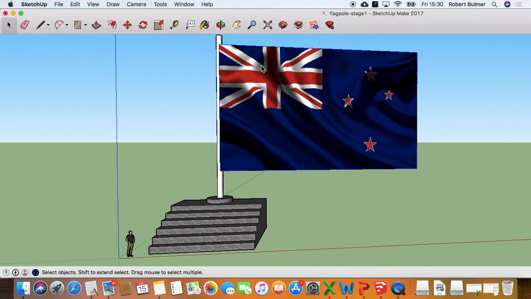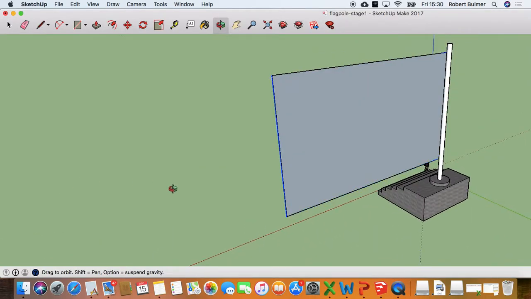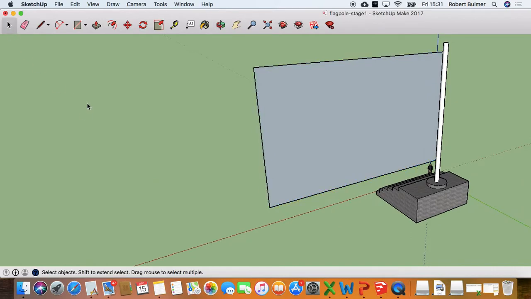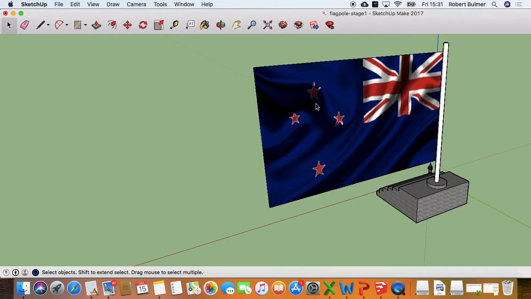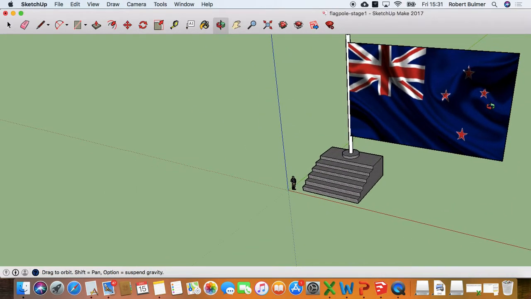Back on the select tool, and just to finish the flag off, I'm going to rotate this around, like so. Deselect everything, but click on the white square there in the background and press delete, and now I've got a flag on each side of the flagpole. What you might do is forget that you've got the flag selected, so always click on select, click off everything, and then you can click back on the white box, the first box you drew, and then you can delete it. So that is using materials, and that is importing images into